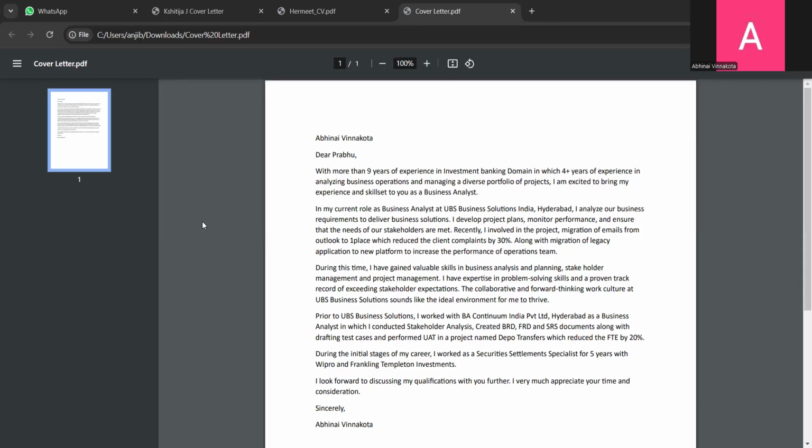Once I moved to BA, my major role is on the applications that the team is working on. If there is any enhancement or migration happening on those applications that the operations team works with, my work is to get into those applications. There are development teams who may not be from a finance background and might not have the domain knowledge.